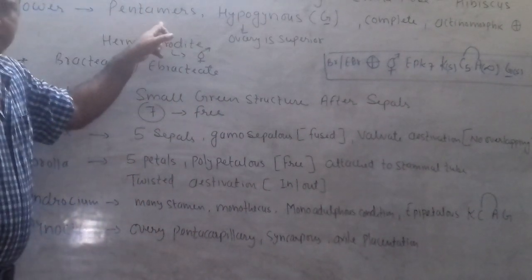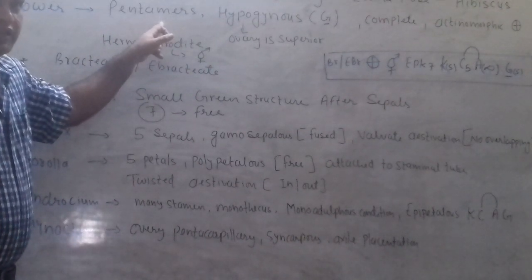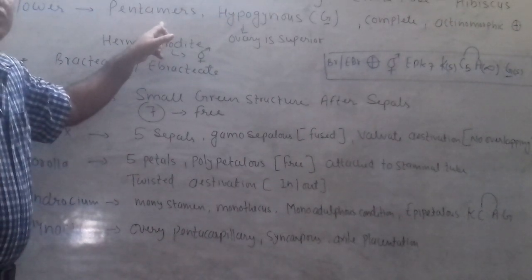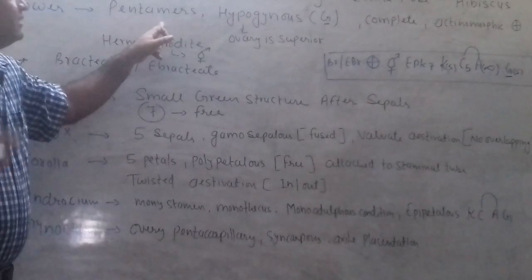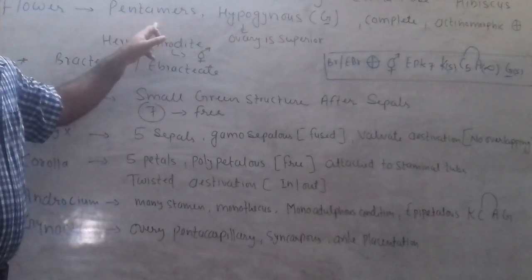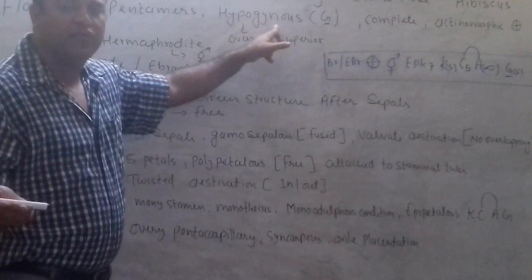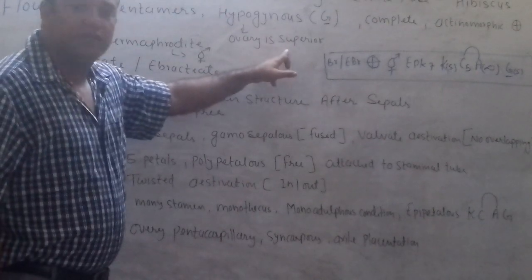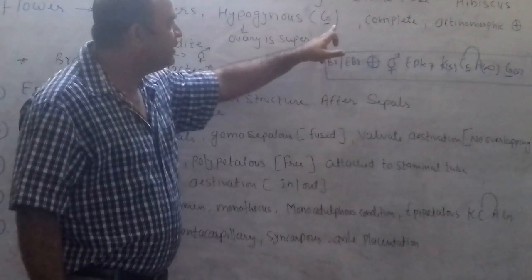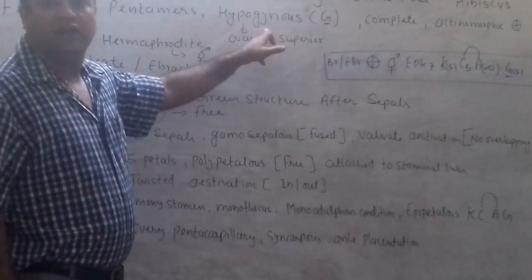The flower is pentamerous. What is the meaning of pentamerous? Everything will be in multiples of 5. For example, sepals are 5 or 10 or 15 or 20, but generally sepals are 5. Petals are also in multiples of 5. Hypogynous ovary. What is the meaning of hypogynous ovary? The ovary will be superior. And how will we represent it? We will write capital G and underline it below, so that we can say our ovary is